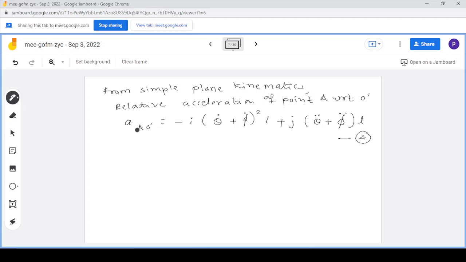So we get the value of acceleration of A with respect to O dash by using this relation. Okay,